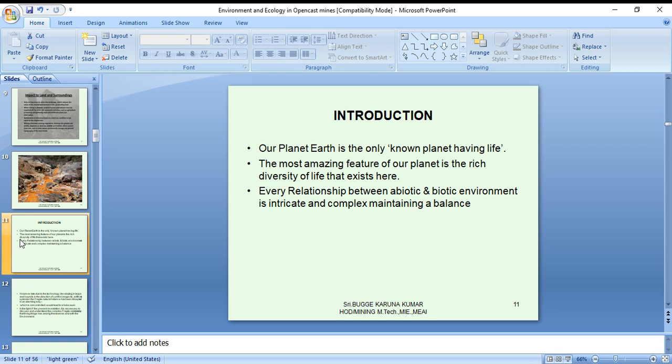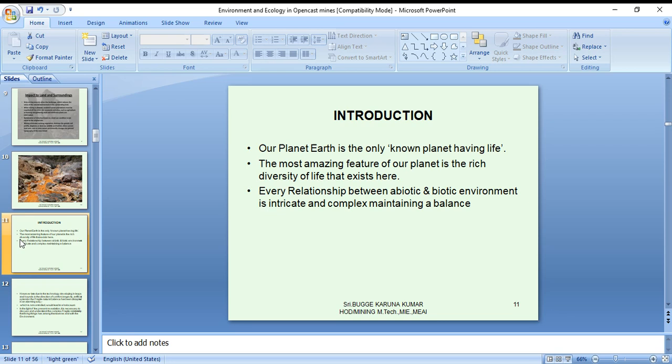The most amazing feature of our planet is the rich, diversified life that exists here. Every relationship between the abiotic and biotic environment is interacted and complex, maintaining a balance.